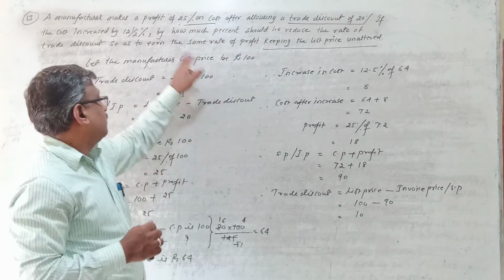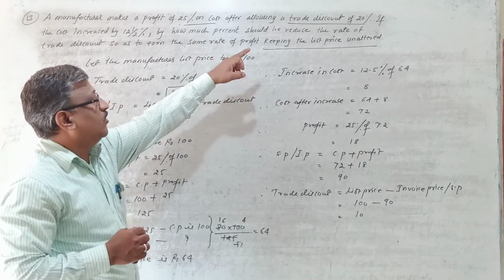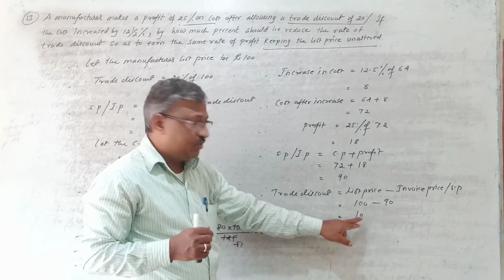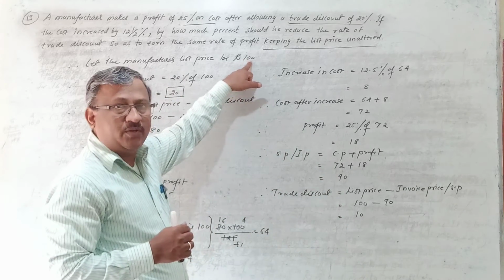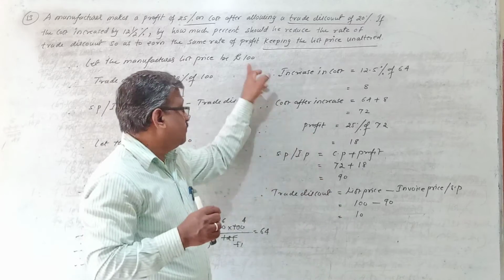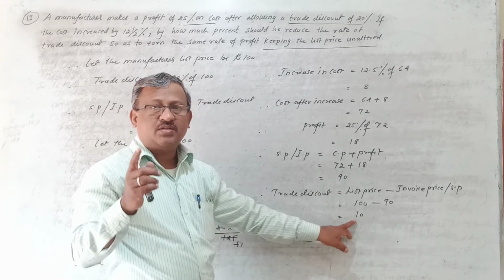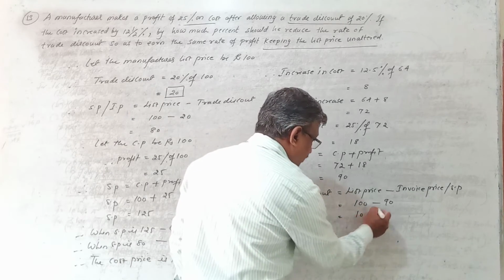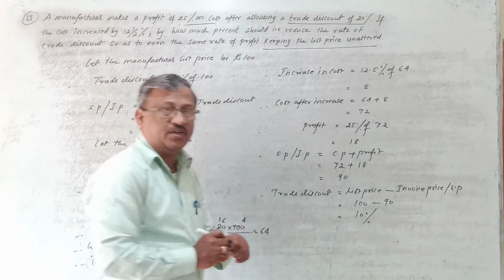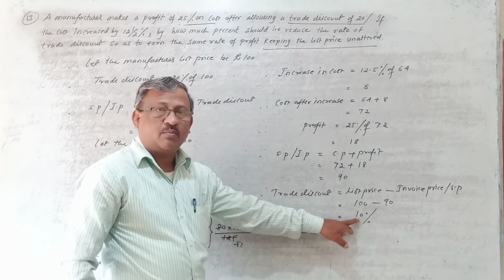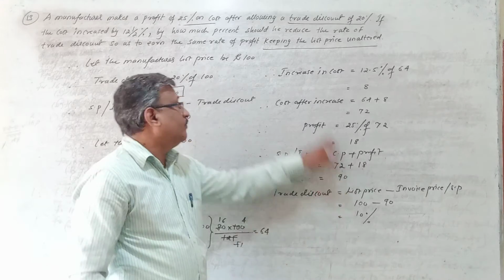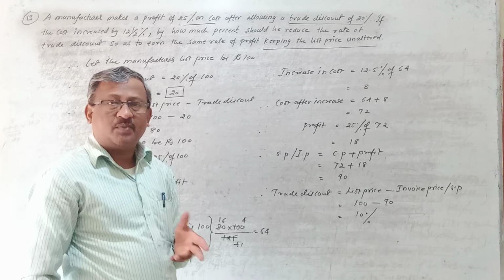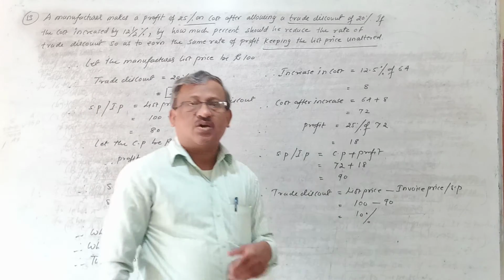So the question is, by how much percent should he reduce the rate of trade discount, right? Now whatever trade discount we have got, it is 10 rupees. So this is the 10 rupees discount per 100 rupees only. And I told you anything which is per 100 rupees is called what? It is a rate, right? It means whatever trade discount we have got, it is 10 rupees. This I can directly express in the form of percentage. Why can I express it in the form of percentage? Because this is the discount allowed per 100, and anything which is allowed per 100 we call percentage. So at present how much discount can he give?